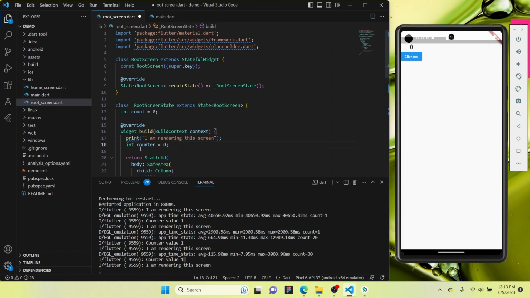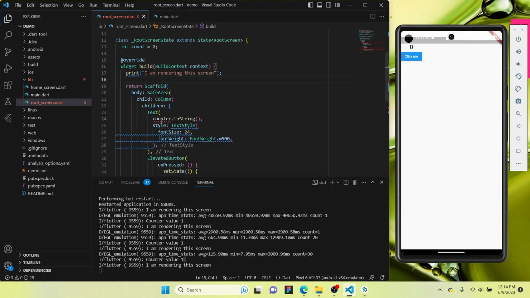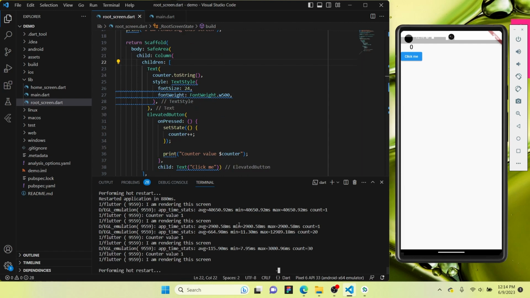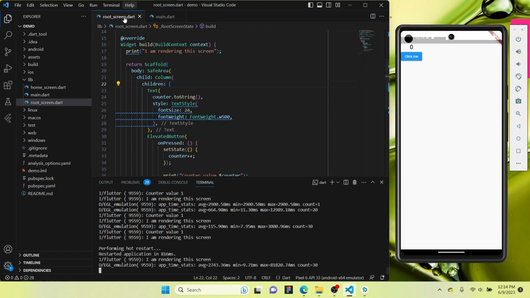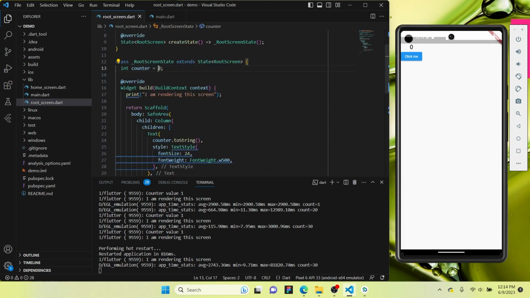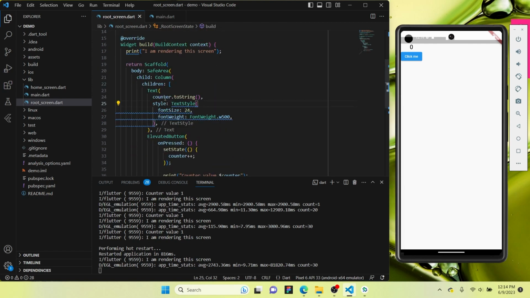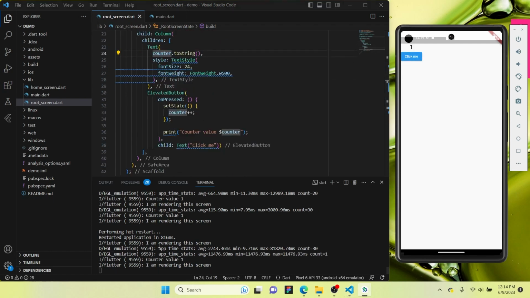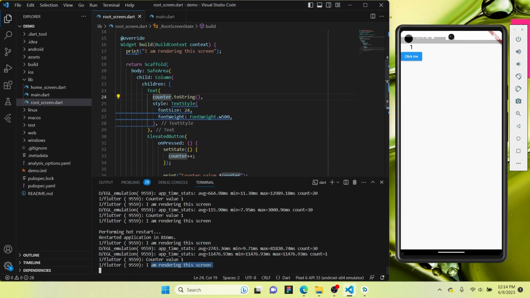So instead of sending the counter here, let's remove this and let's try to see what happens. And something is wrong here. Oh, it's counter. So let's try to come here and shift R. Okay, it has restarted. So now it's still working because the counter has 0, and when it renders first, the counter should be 0. So if I were to press click me, it's gonna say I'm rendering this screen, counter value is 1, I'm rendering this screen,